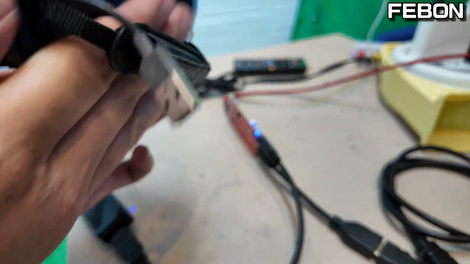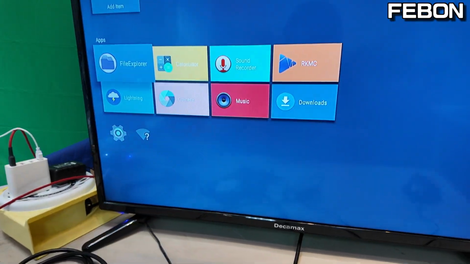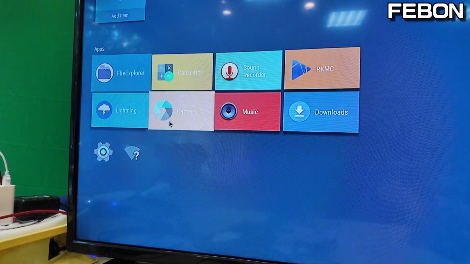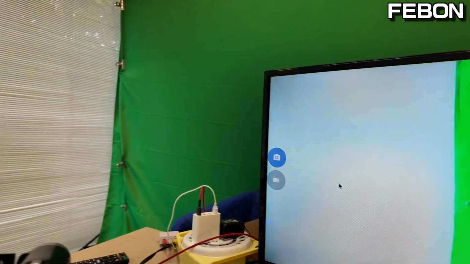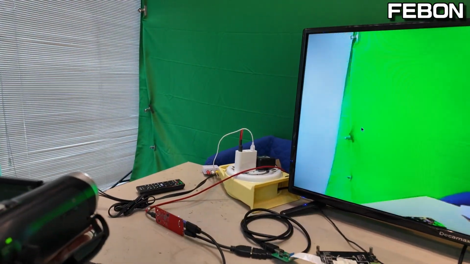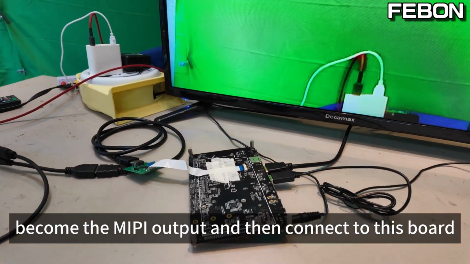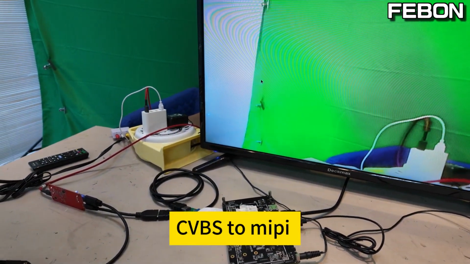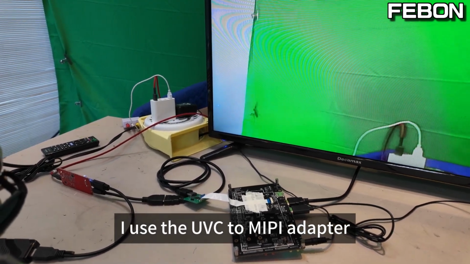Yes, and then I turn on the TV again. App camera. Yes. The CVBS camera becomes the MIPI output, and then connects to this board. CVBS to MIPI. Of course, I use the UVC to MIPI adapter.